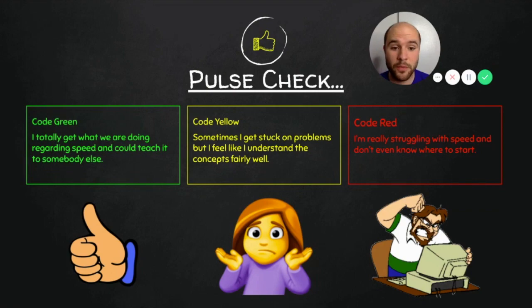And code red is I'm really struggling. I'm like that guy at the computer there. I just have had it. I don't know anything about speed. I get stuck and I don't know where to start. The thing is, guys, it's okay wherever you're at. You're learning from home. That's new. We're teaching from our homes. That's new. We're learning this together. So wherever you're at is okay. Our goal is for everybody to be in code green. That's why we're going to practice. That's why we want you to go back over the things, and also why we want you to reach out